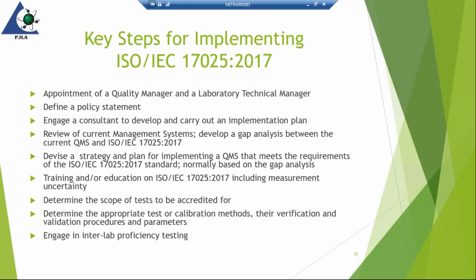So if a lab wants to implement and get accredited to ISO 17025, these are steps for that implementation. Now, I'm sure that most of the labs already have a quality manager and a technical manager. And this is just a high-level view of what the labs need to have in place in order to obtain that accreditation. They have to clearly define a policy and statement of what their role and their objectives are, and their mission statement. And if you're not already accredited to ISO 17025, you may decide to engage a consultant to develop and carry out an implementation plan based on a gap analysis, which is the next step,